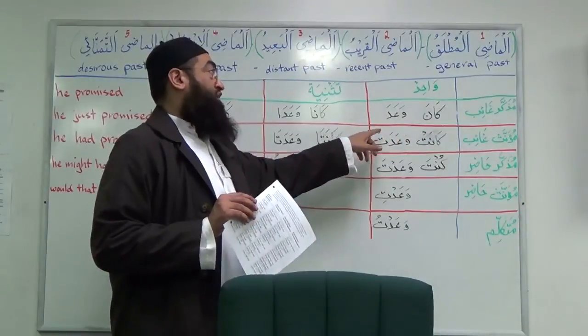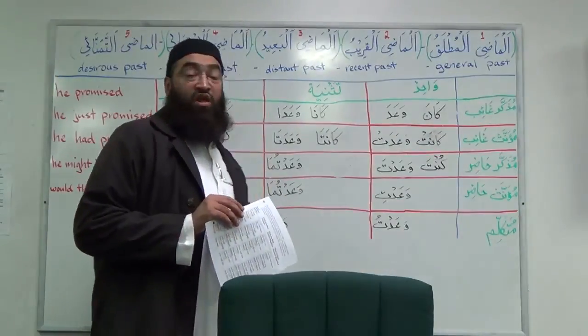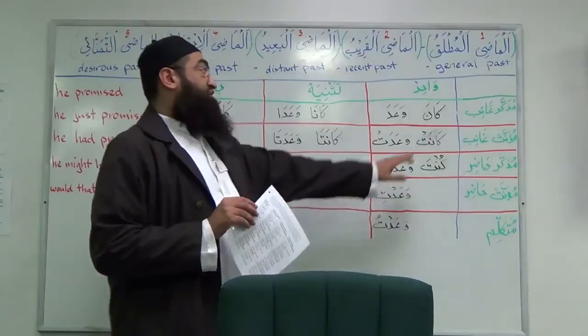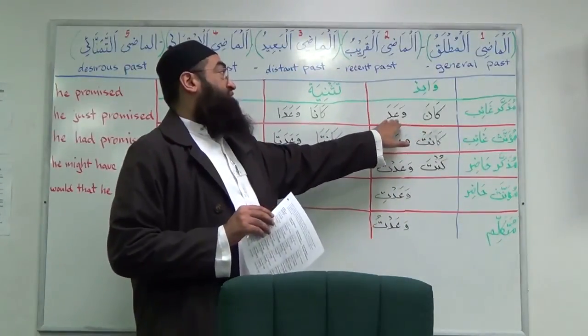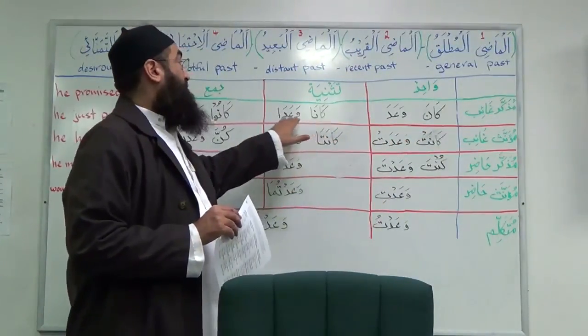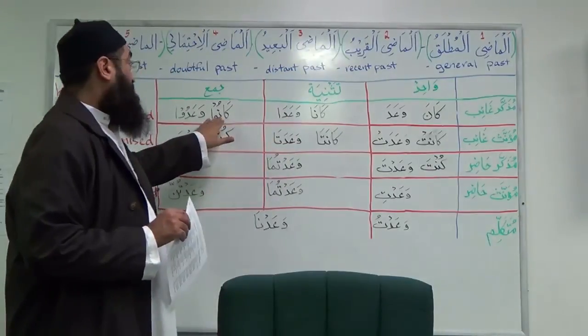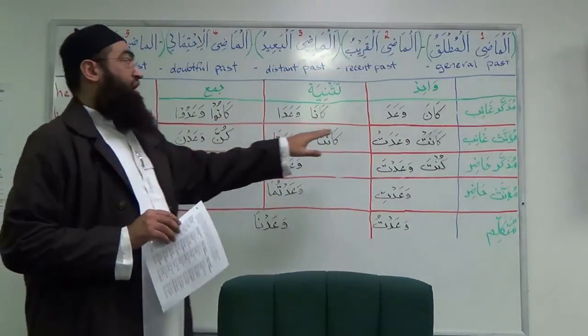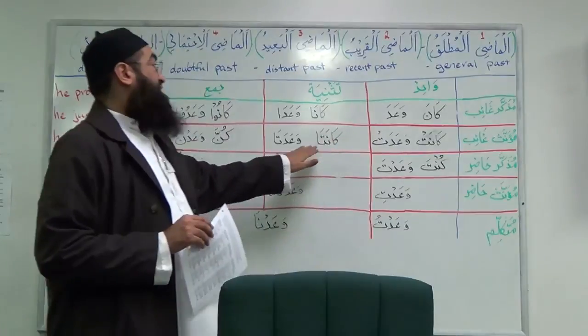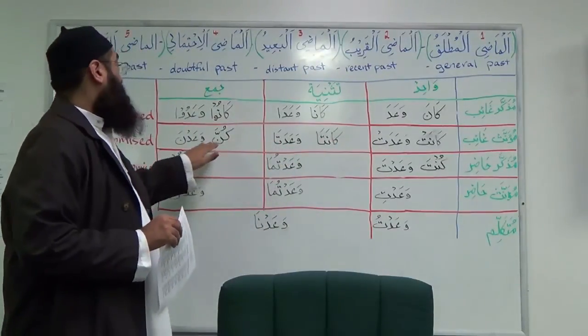So kana, wu'ida. Now in the majhul, the kana will not change. Alright? It'll just stay kana, but this will change to wu'ida, kana, wu'ida, kanu, wu'idu, kanat, wu'idat, kanata, wu'idata, kunna,